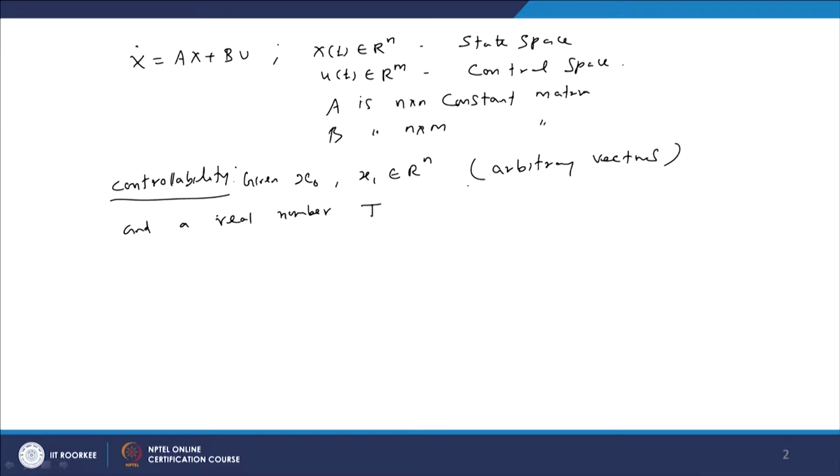Then the system, call it system 1, is said to be controllable